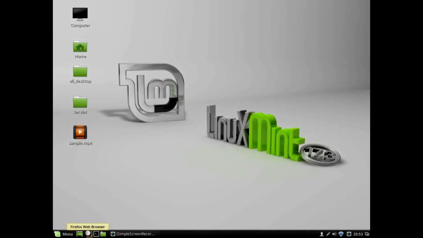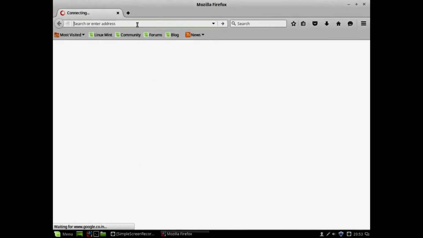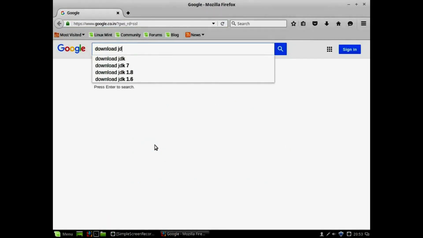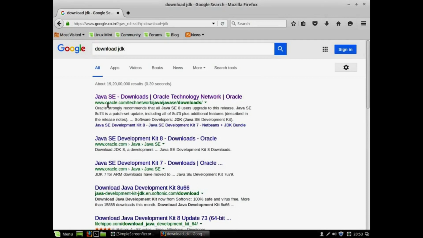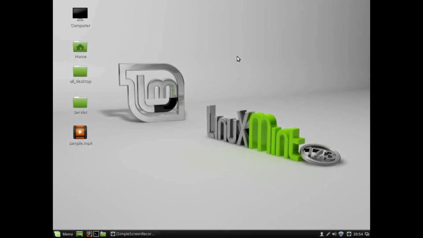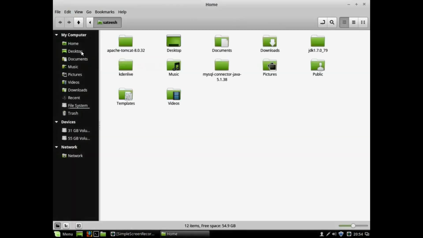If Java is not available in your machine, please download it. In Google, type download JDK. Go to the very first link, which is part of Oracle.com, where very easily you can download Java. In case of Windows operating system, you will get an .exe file, and in case of Ubuntu or Linux Mint, you can directly download the zip file. Once after downloading, in case of .exe, that means Windows, you can install Java. And in case of Linux Mint or Ubuntu, you extract that zip file and place it wherever you want.